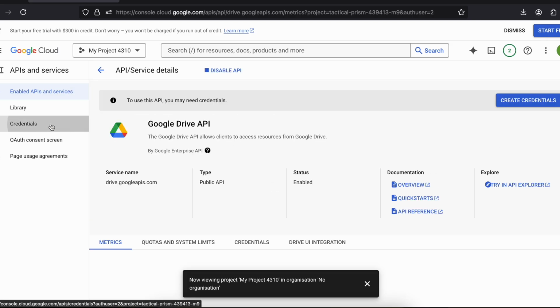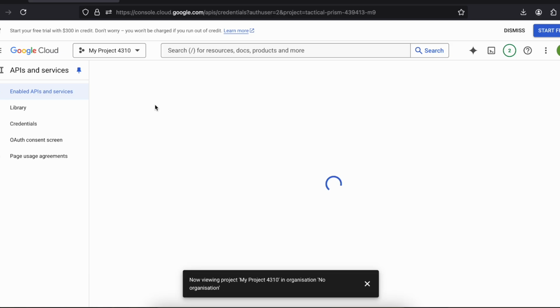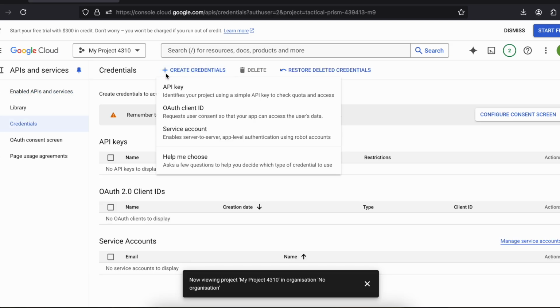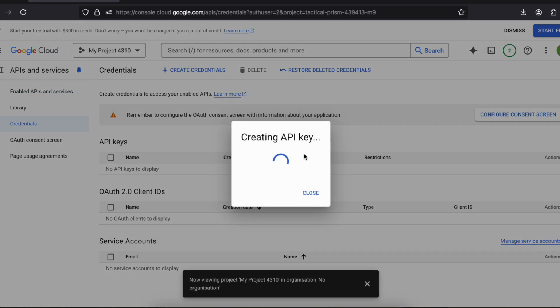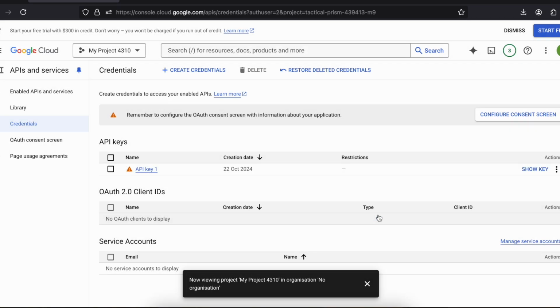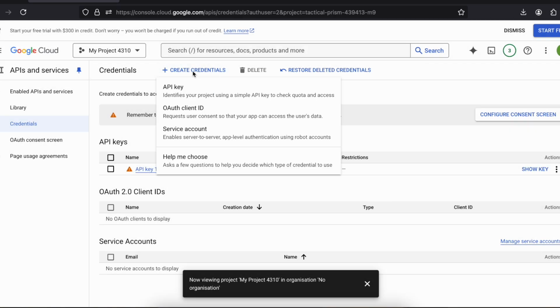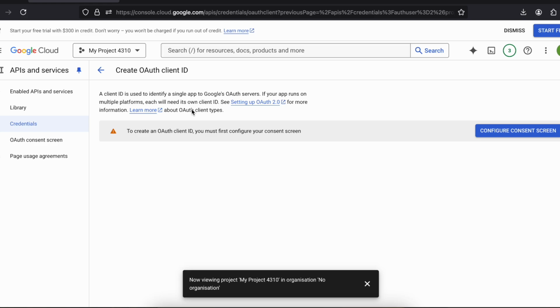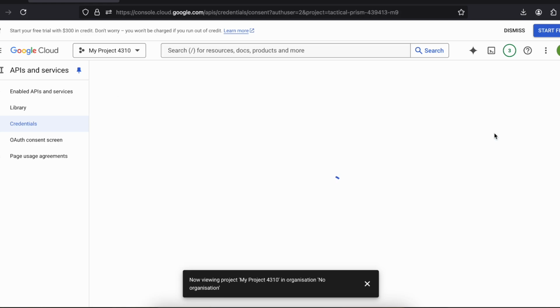Then click on credentials, click create credentials, click on API key. We won't be using this API key, but I just like to create the API key just to be on the safer side, and I'll just click on close. Then click on create credential again, OAuth client ID, click on configure consent screen,